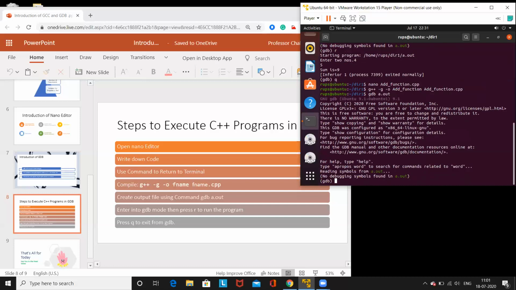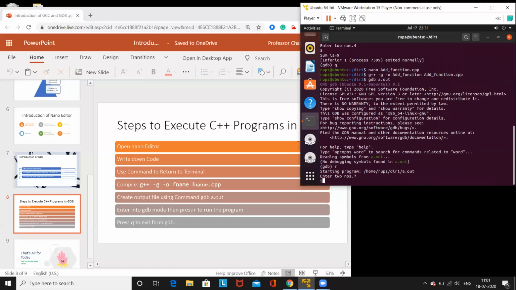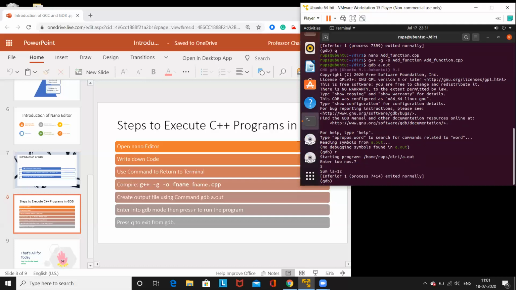Then gdb mode, then r to run. Oh, actually I have a problem. So only a single time the sum gets printed in gdb, that is I think the drawback of gdb. To go to a particular line there are some certain commands, because I have used the output twice. So for displaying the two times output, you have to use certain commands.